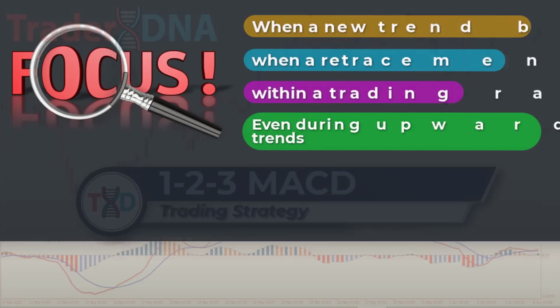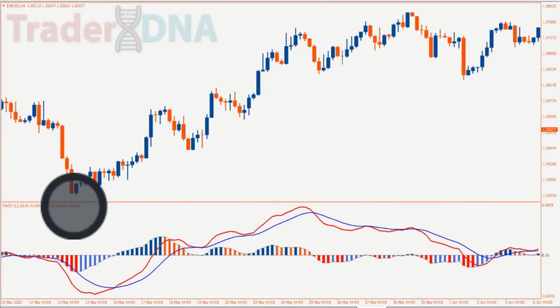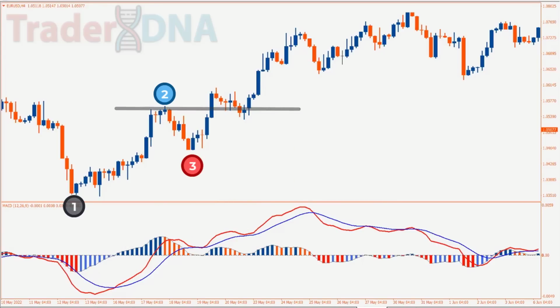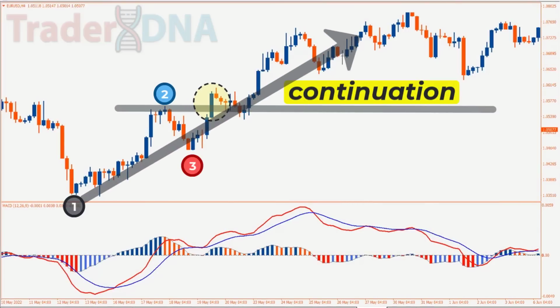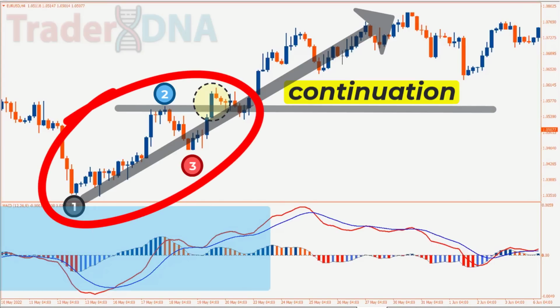Alright, let's dive in. This scalping trading strategy relies on price action and basic market structure principles that are essential for any trader to grasp. It's primarily utilized as a continuation trading setup, aimed at capitalizing on the prevailing market trend. The approach is straightforward, employing a basic 1-2-3 pattern alongside the MACD histogram. Despite its emphasis on continuation upon confirmation, this strategy can also serve as a reversal pattern, particularly when the short-term